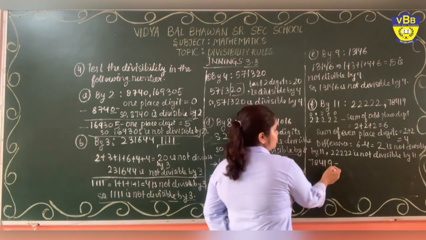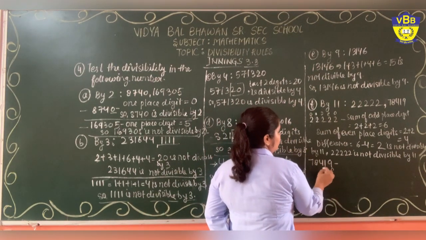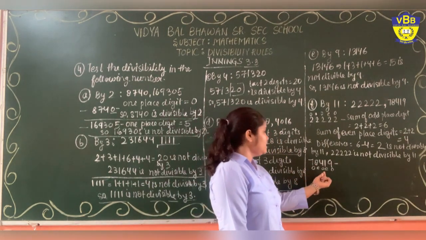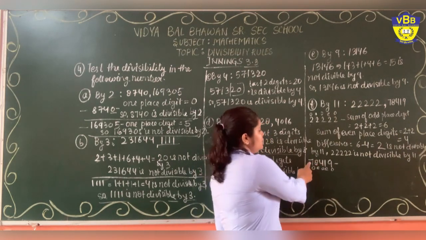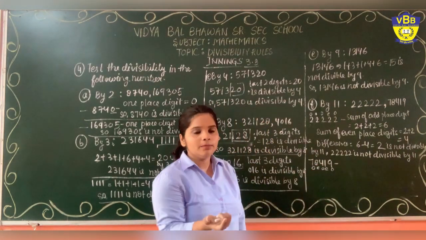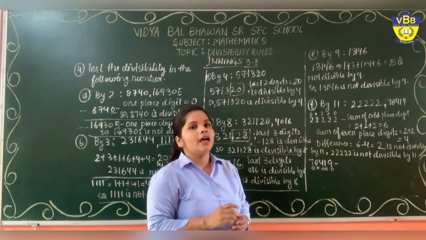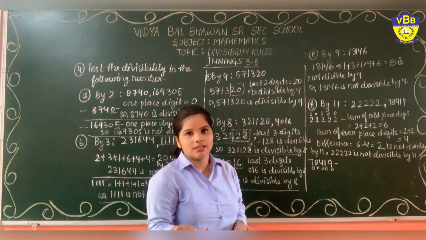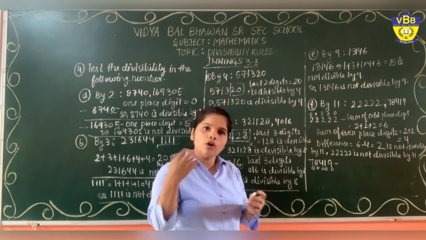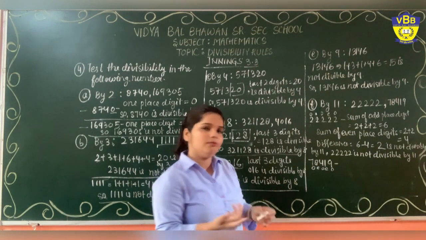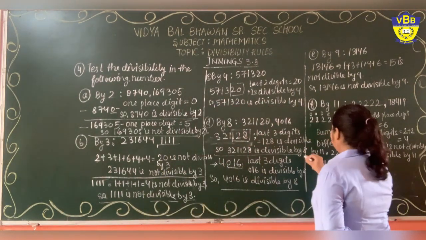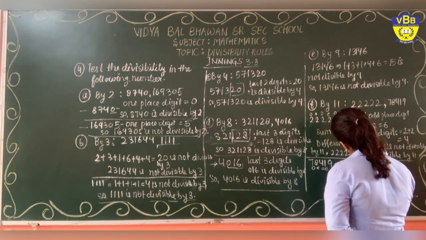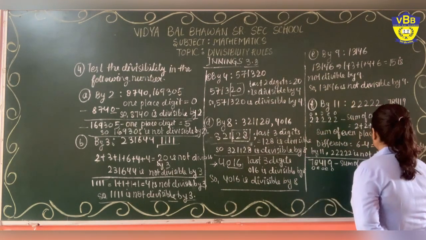Same is with this. Find the odd places. This is odd, even, odd, even, odd. I am again saying, it's not that the number 7 here is an odd number and so I am writing odd. I am not specifying the number, I am specifying the place. Like on the first place it is an odd place, on the second place it is an even place. So do the same in the following question. Sum of odd place digits.